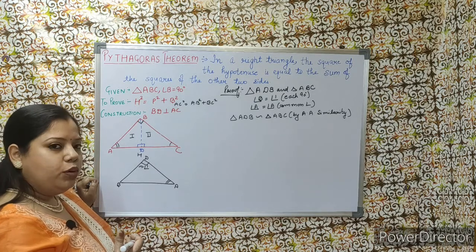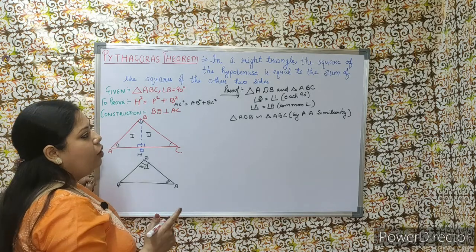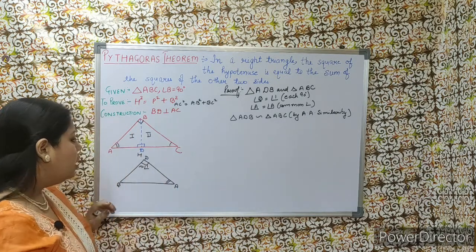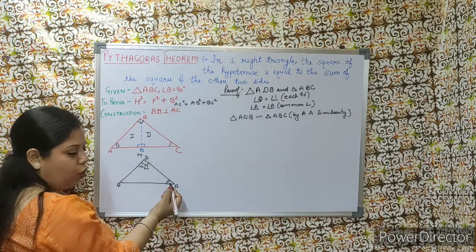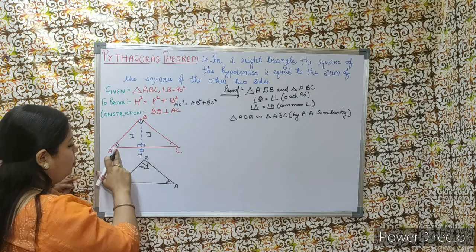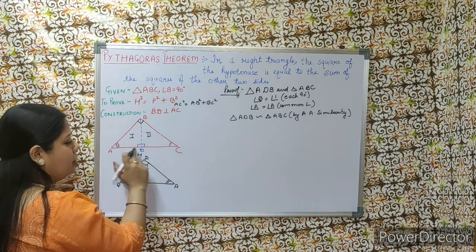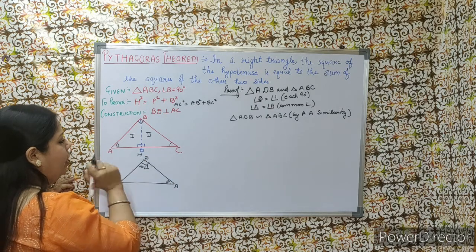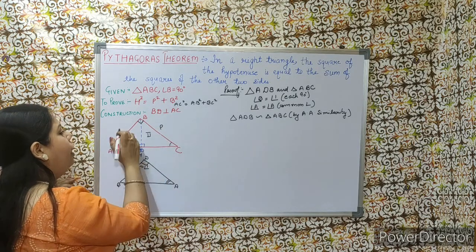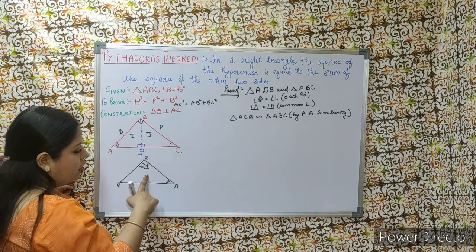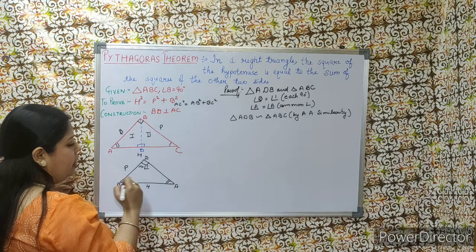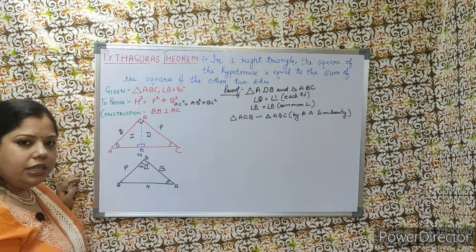Now I have to write the proportion of the sides. One thing you have to keep in your mind whenever you are going to write the proportion, always take into consideration the angle common to both the triangles. So here angle A is common. Hypotenuse is the longest side. When I am taking A into consideration, the opposite side will be the perpendicular and the other will become the base. And for this triangle, AB is the hypotenuse, BD is the perpendicular and AD is the base.